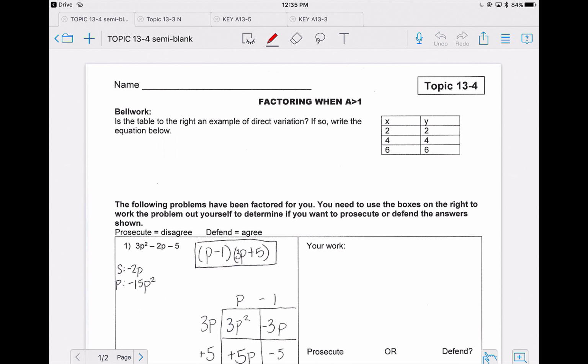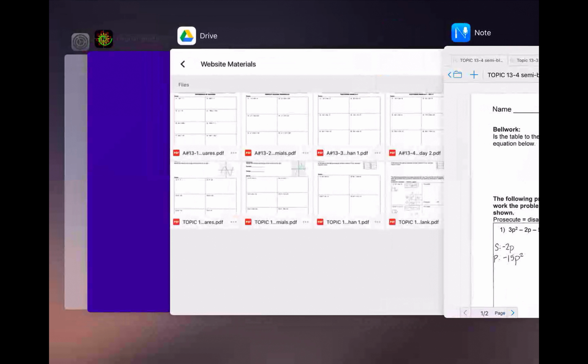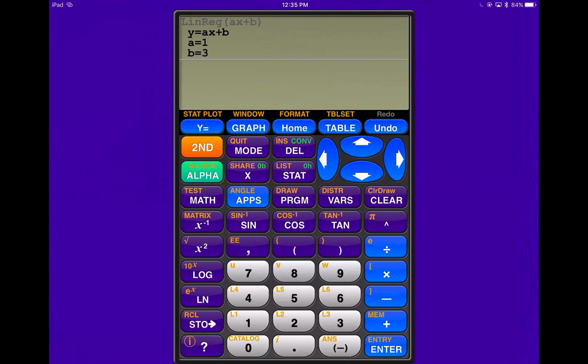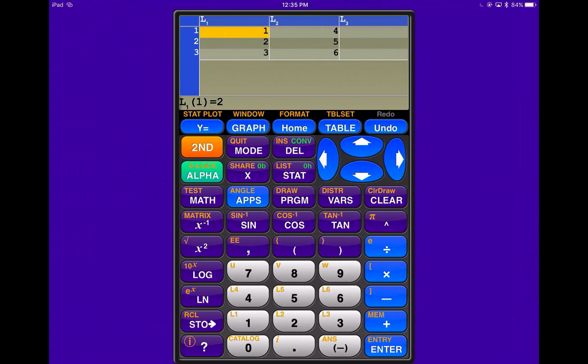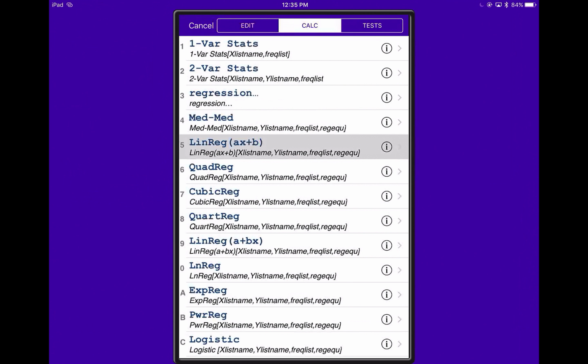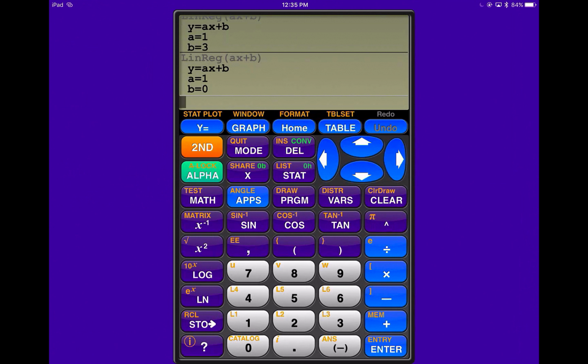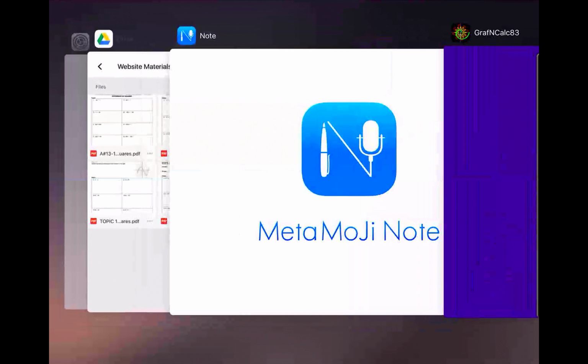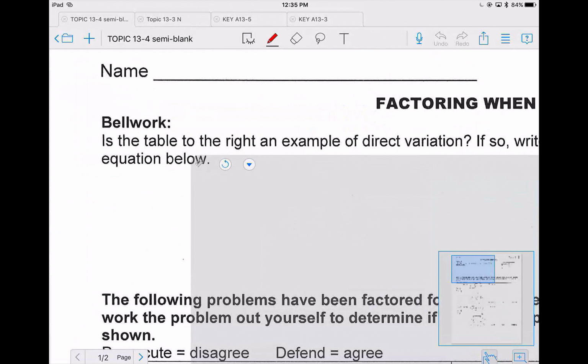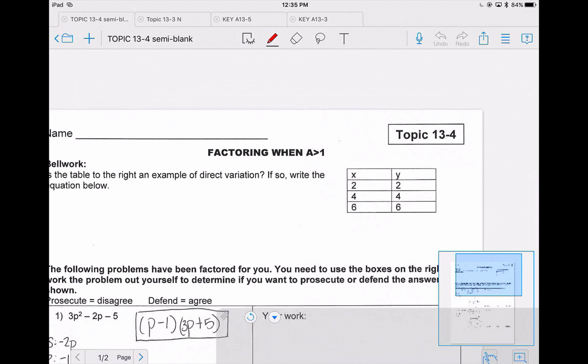So, the bell work has asked us, is the table to the right an example of direct variation? If so, write the equation below. Just like we did on 13.3, we're going to take this table and put it into stat edit. So I have 2, 4, 6, 2, 4, and 6. So I make the table in my calculator look exactly like the table on my paper. I click stat calc 4, enter, enter, enter, and my equation is 1x plus 0. So we don't have to write the plus 0. So my equation for this table is